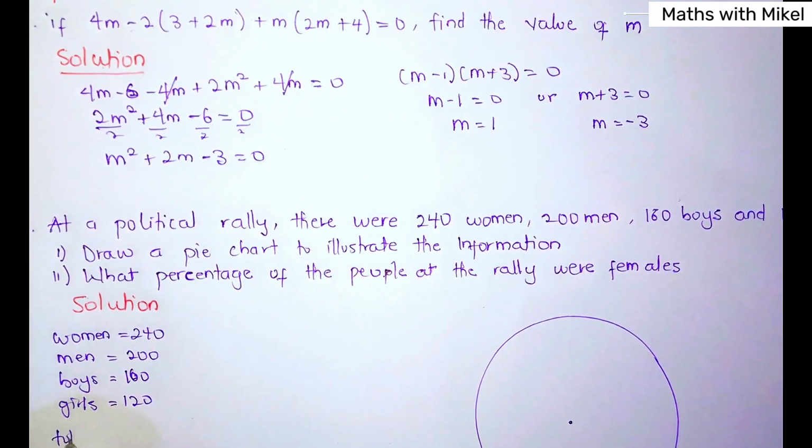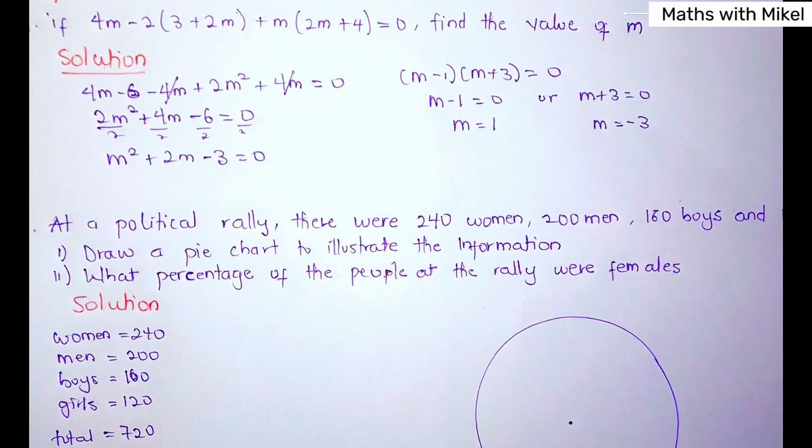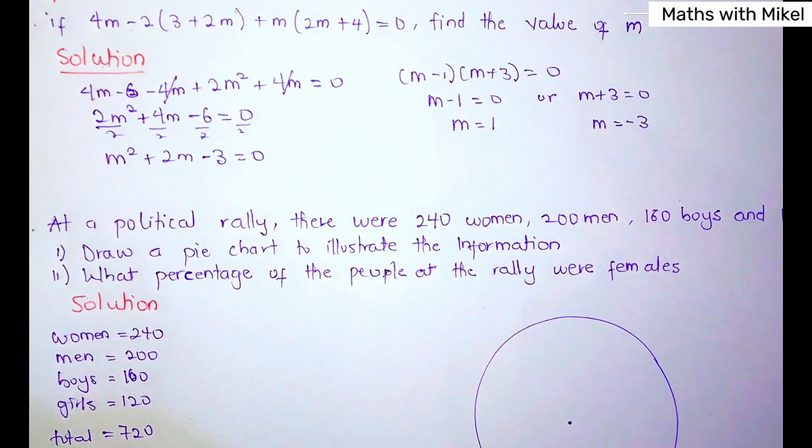So total, 720. So in total they were 720. So to find the angles,